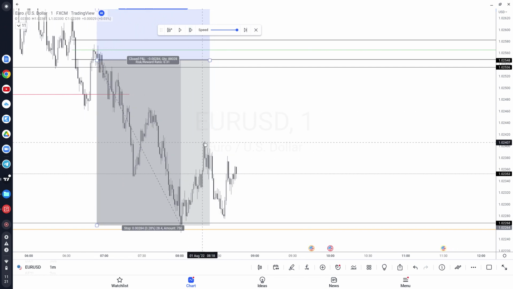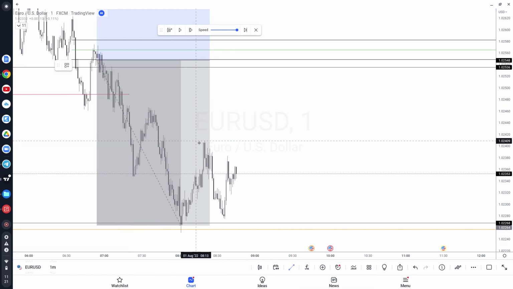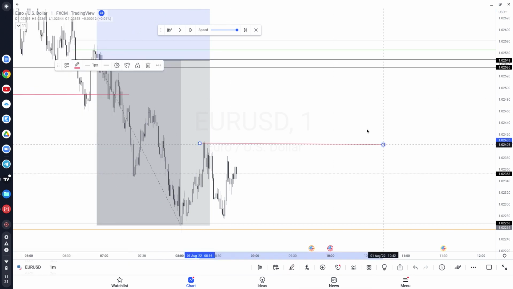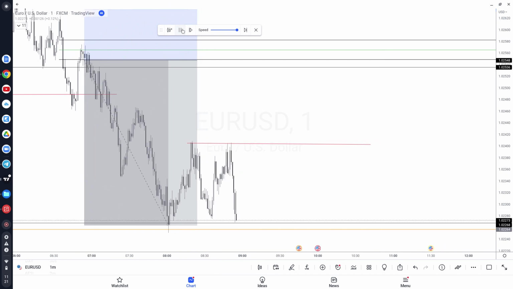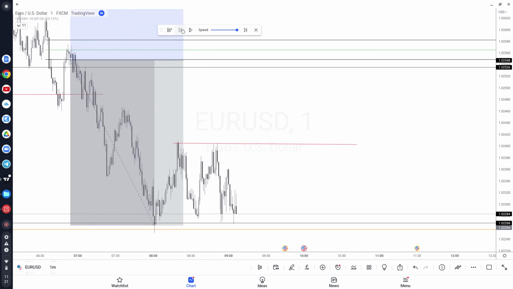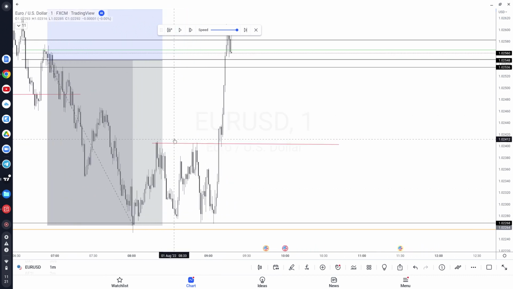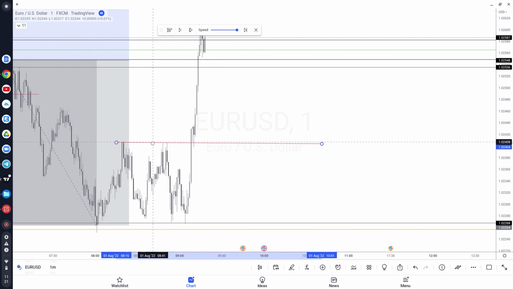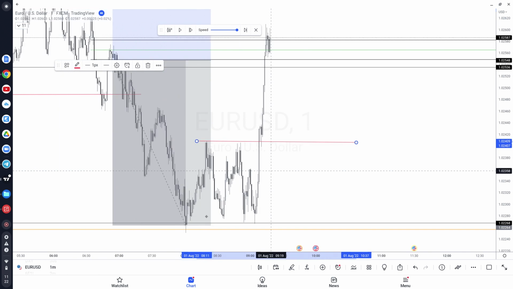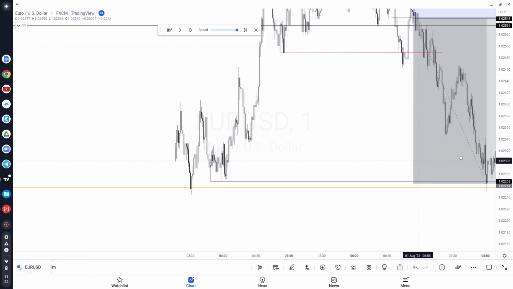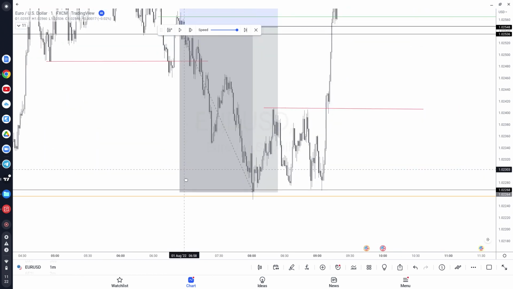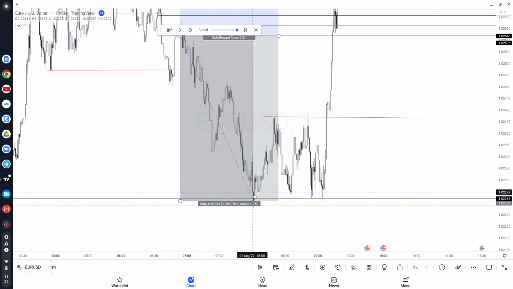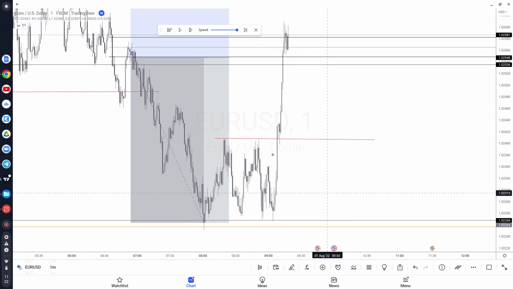Right, this would be the area that we would look for if we were going to take any type of long positions. Okay, all right. This high right here, right? So basically we have a sweep of this liquidity pool over here, right? This sweep happens right at 8 a.m. And then,